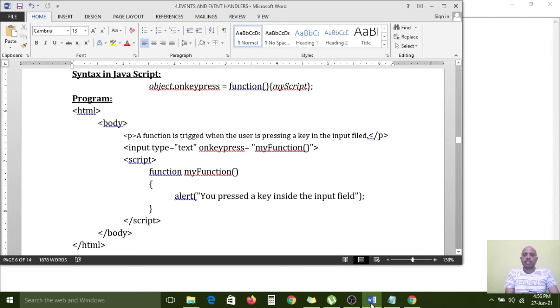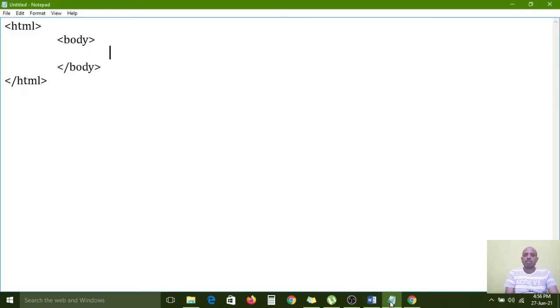A function is triggered when the user is pressing a key in an input field. Now I want to write a label, "Enter a key". For that, input type equal to text. So here we have the onkeypress event.